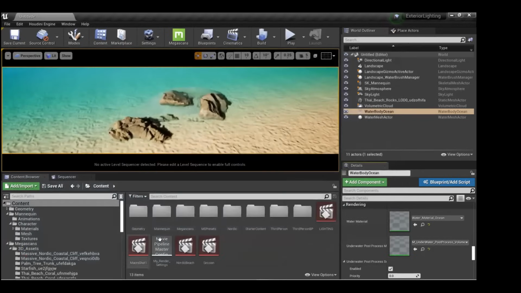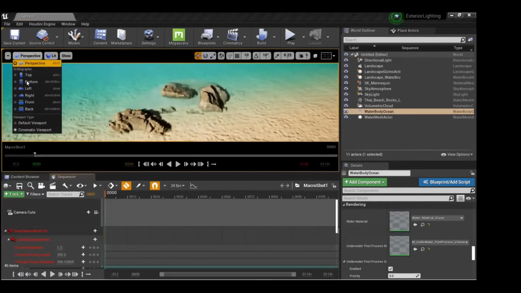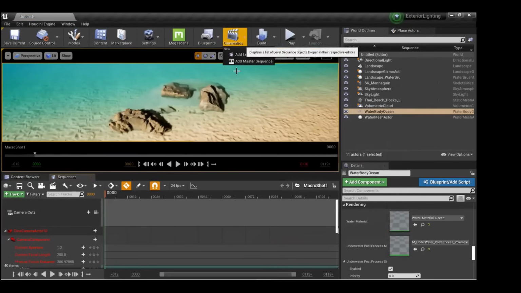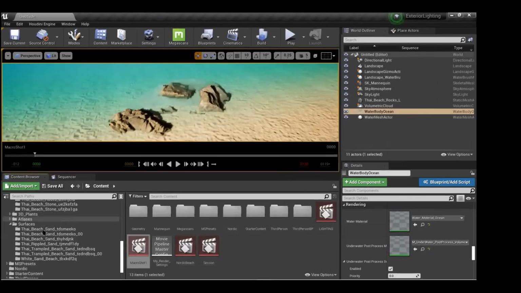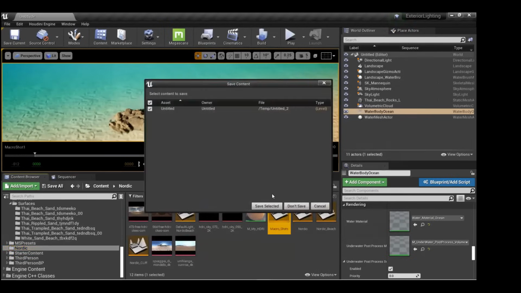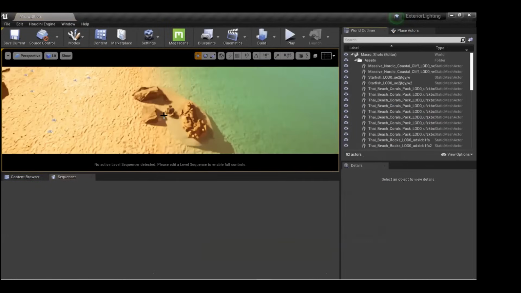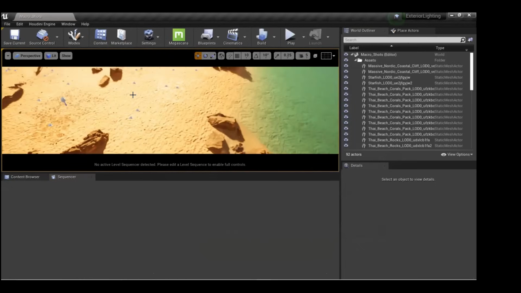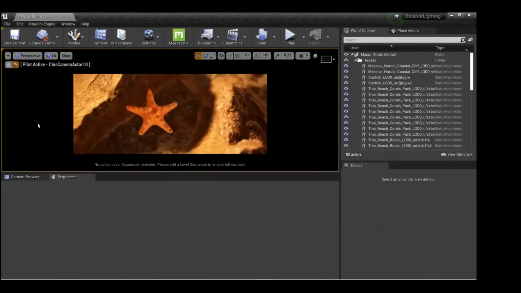So I will close this and open my macro shot. Okay, I deleted this, so I need to load the level. Sorry. So Nordic macro shots. Okay, it's not looking that great, but if I click on this camera and move to that camera, see,